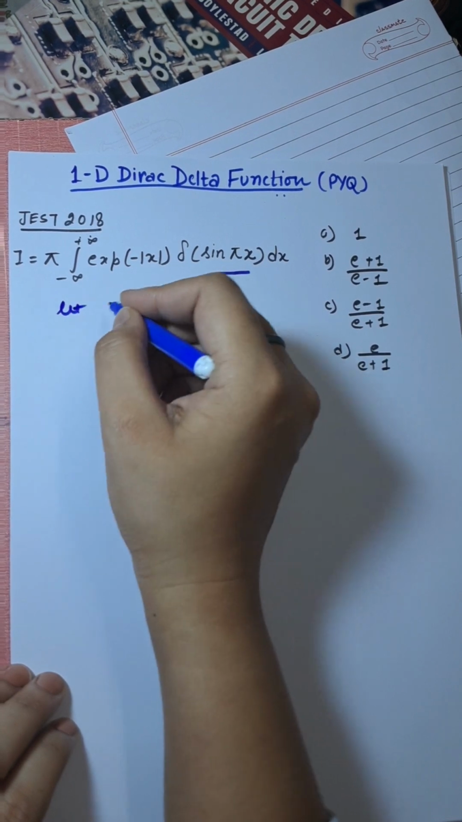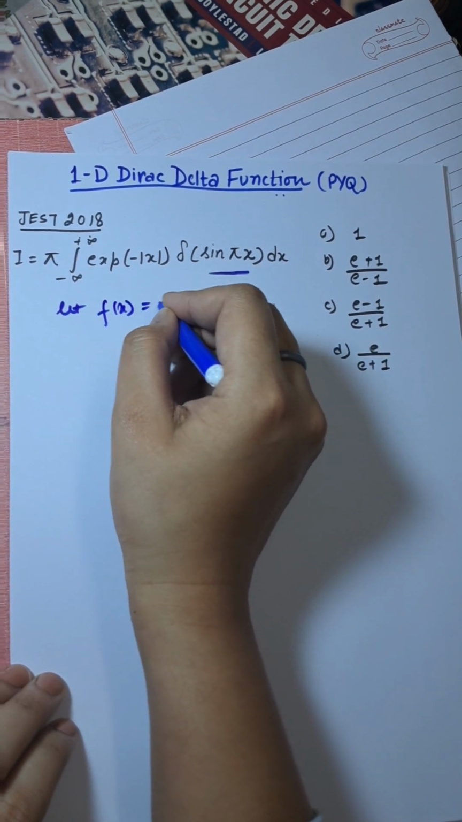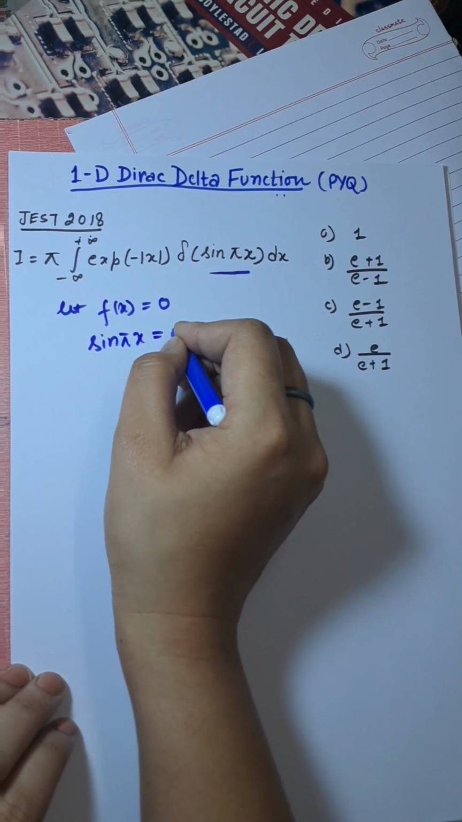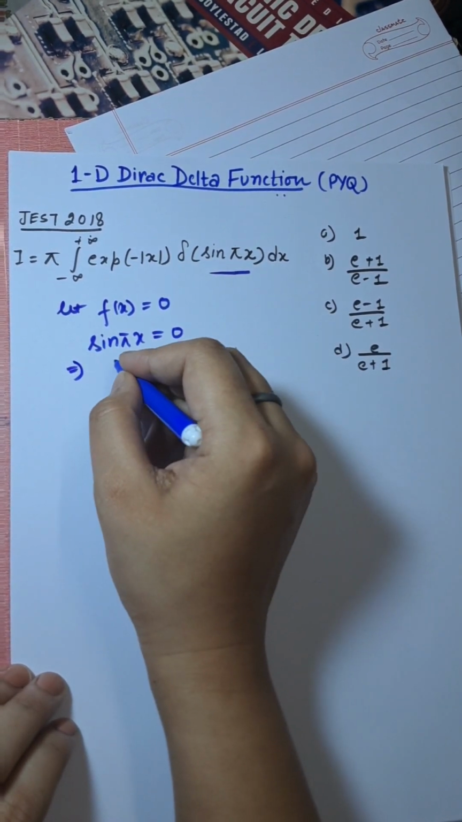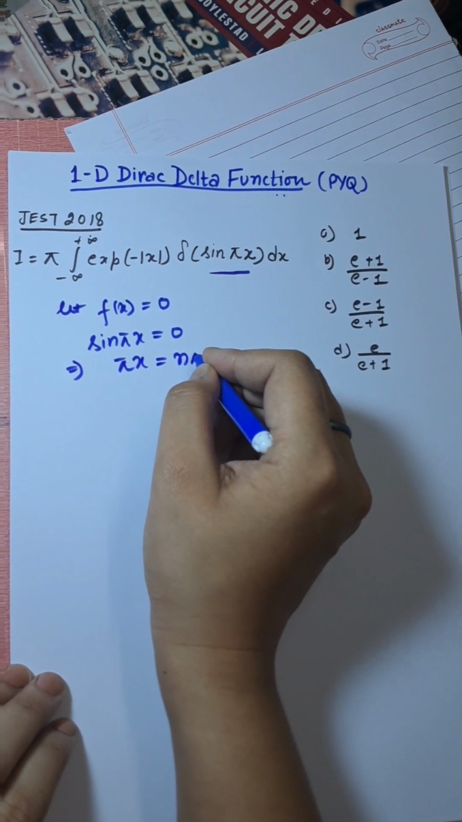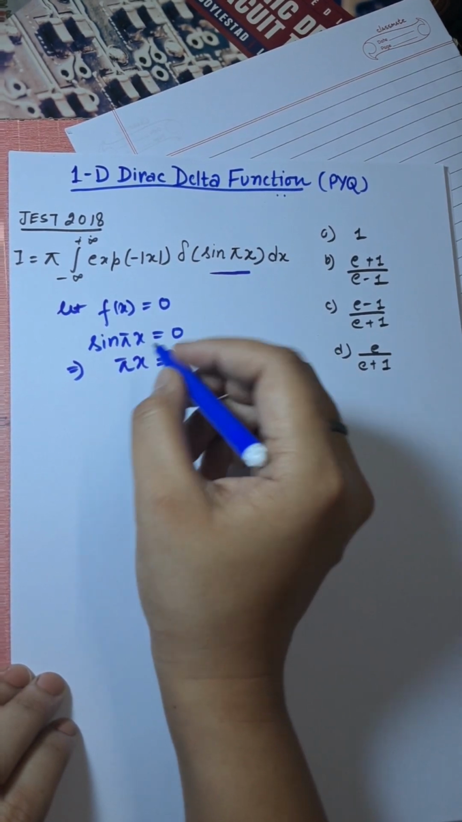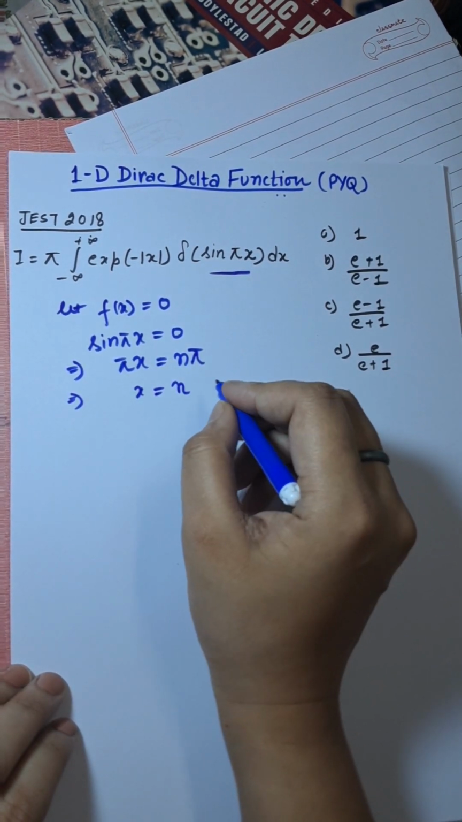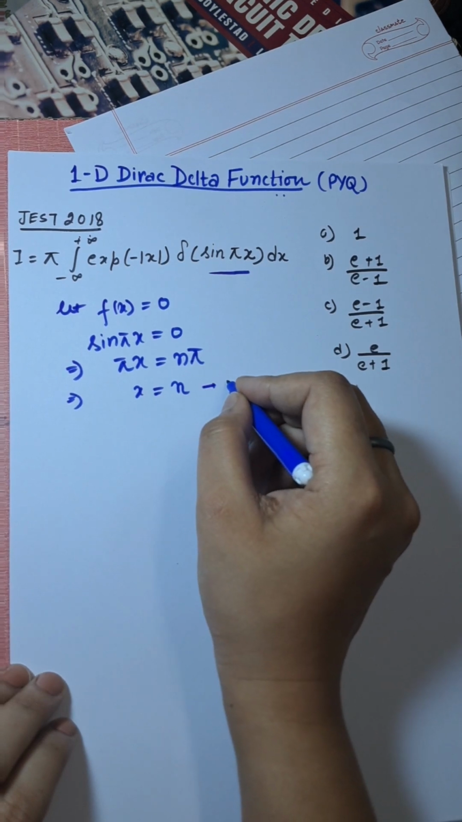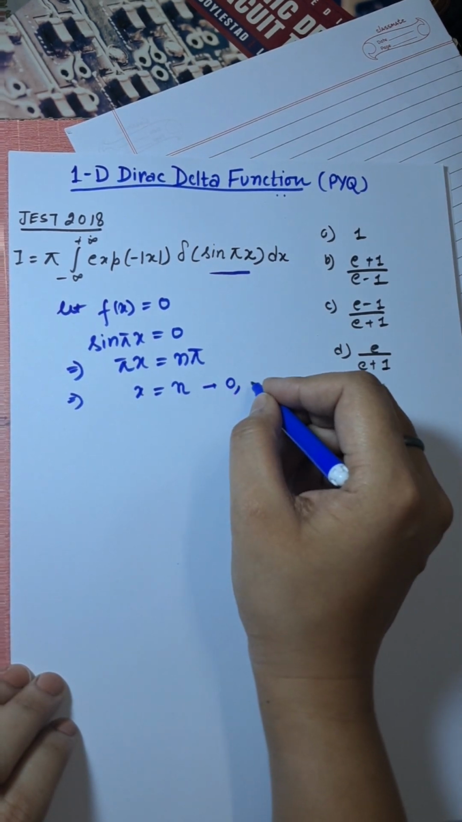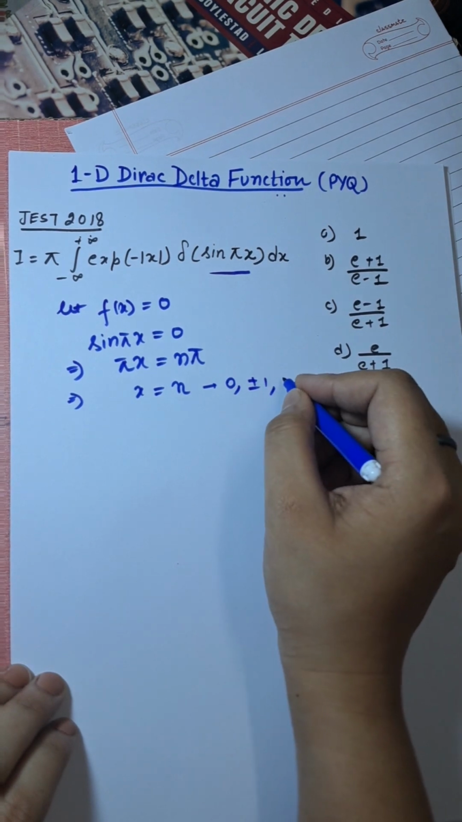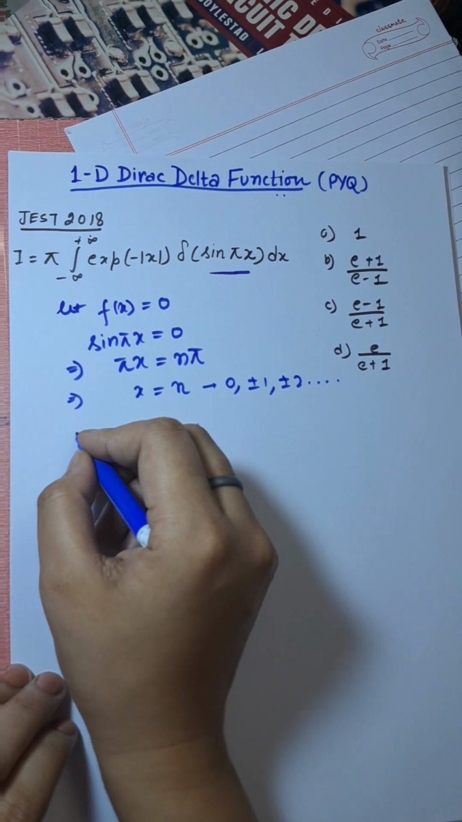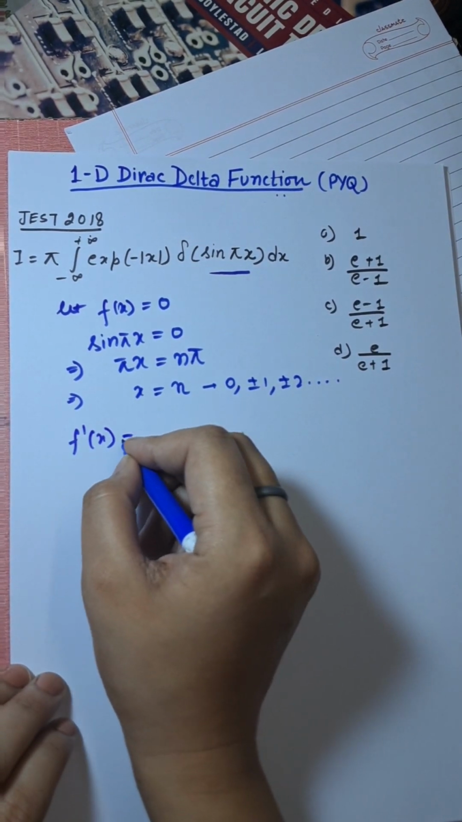Let us put f(x) equal to 0. Then sin(pi x) equals 0 implies pi x equals n pi, which implies x equals n, and n can take values from 0 to infinity. So 0, plus minus 1, plus minus 2 and so on. Step 1. Now step 2, differentiate f(x), that is